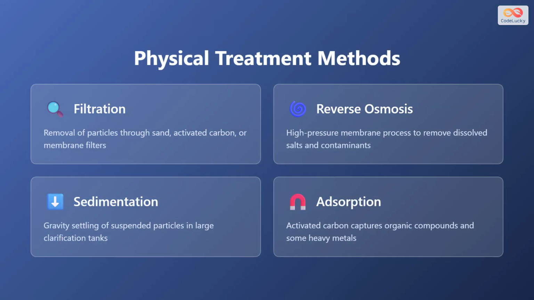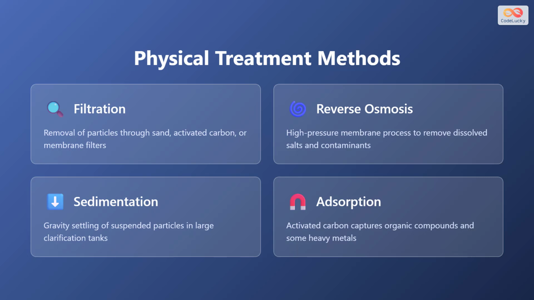Physical treatment methods remove contaminants without chemical reactions. Filtration passes water through various materials like sand, activated carbon, or specialized membranes. Sand filters trap larger particles, while activated carbon filters use adsorption to capture organic compounds and some heavy metals on